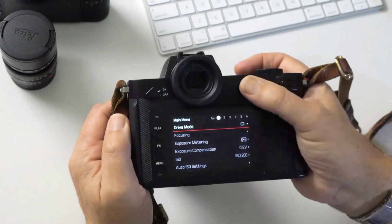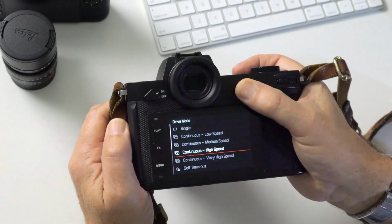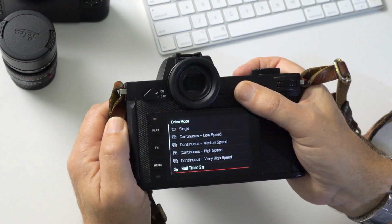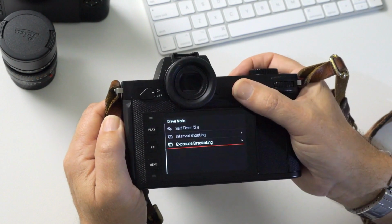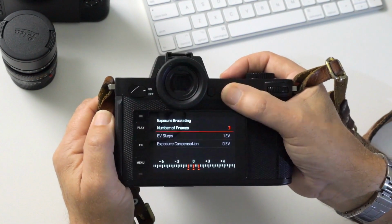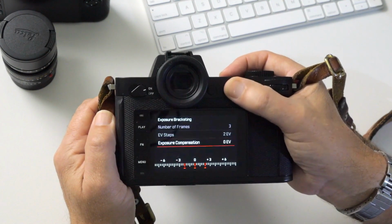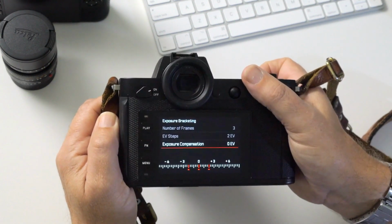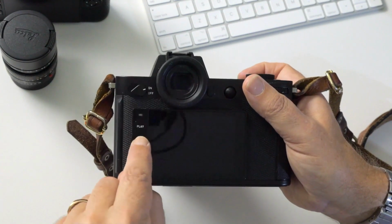So I shoot single frame most of the time. I don't shoot lots and lots of continuous images. The only time I would change this would be to go to self timer 2 seconds, or to go to exposure bracketing, where I quite frequently shoot 3 frames with 2 EV steps between them and 0 exposure compensation, and then come out of there and you'll see in the viewfinder